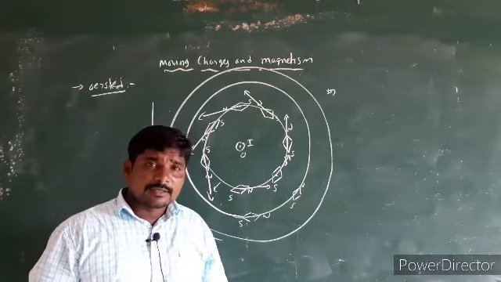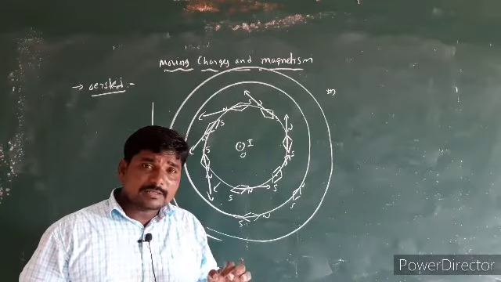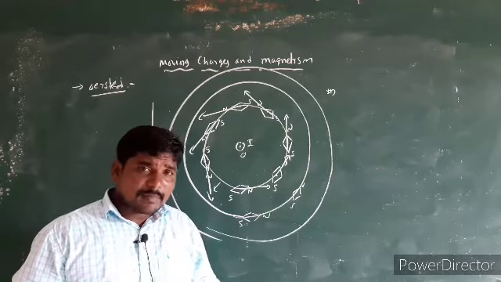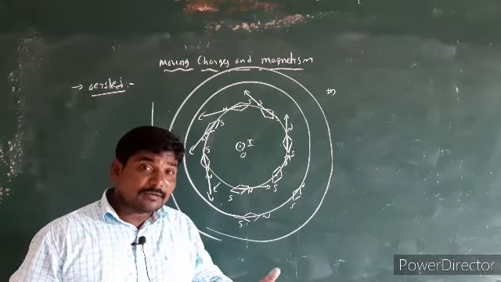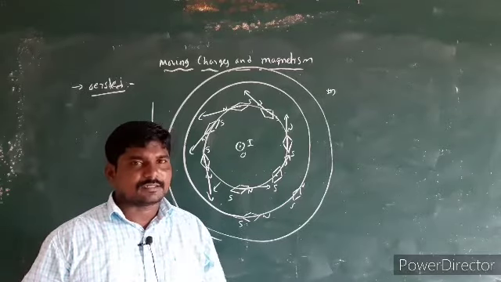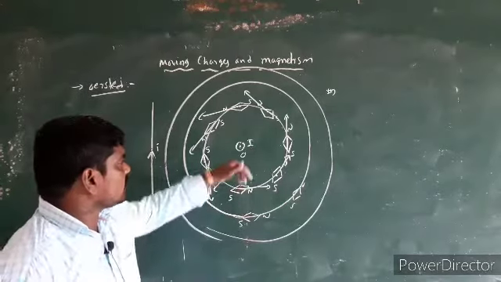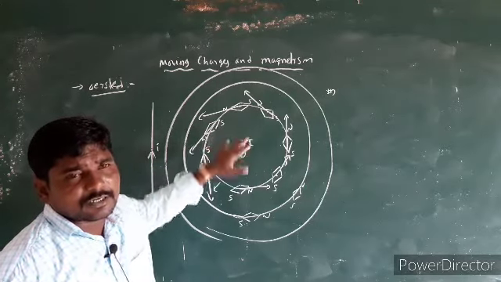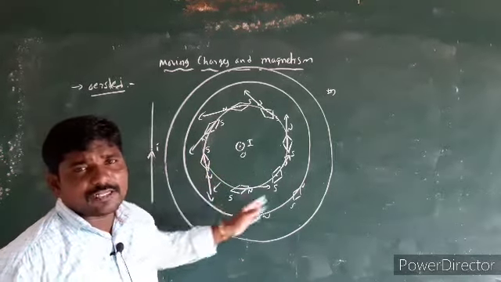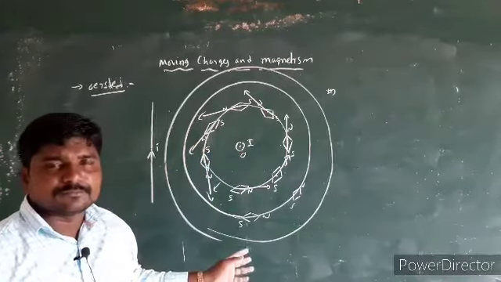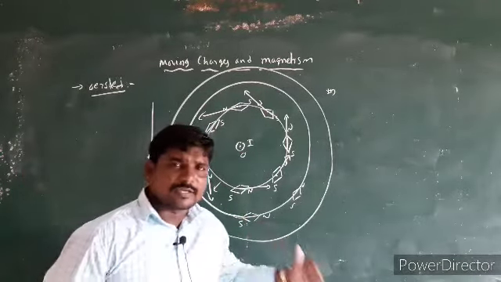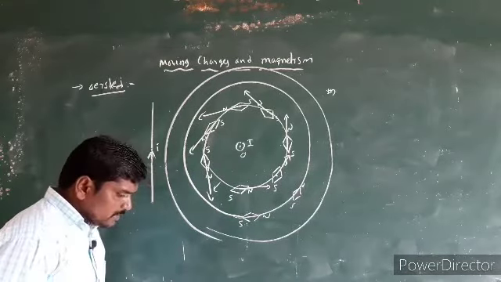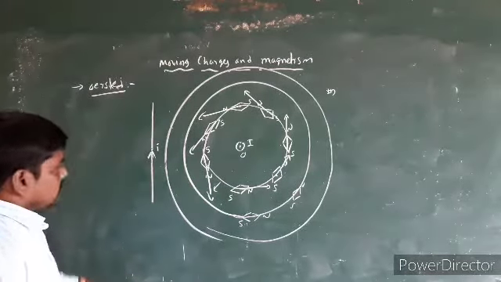From this we can say the magnetic field lines are concentric circles around a conductor, and that the magnetic field lines are in the plane perpendicular to the length of the conductor. If the length of the conductor is perpendicular to the plane of the board, then the magnetic field lines are present in the plane of the board. The plane of the magnetic field lines is always perpendicular to the length of the conductor. These are the points observed by Oersted.